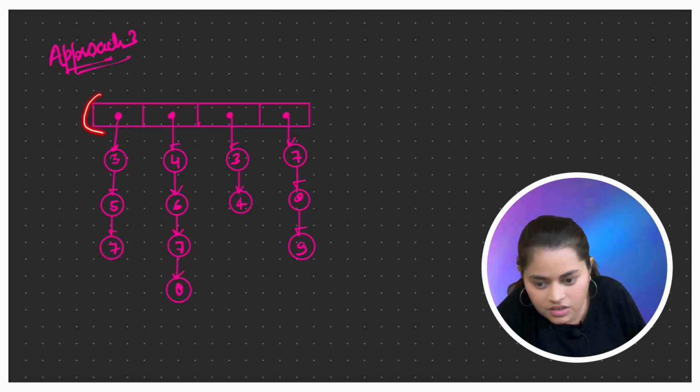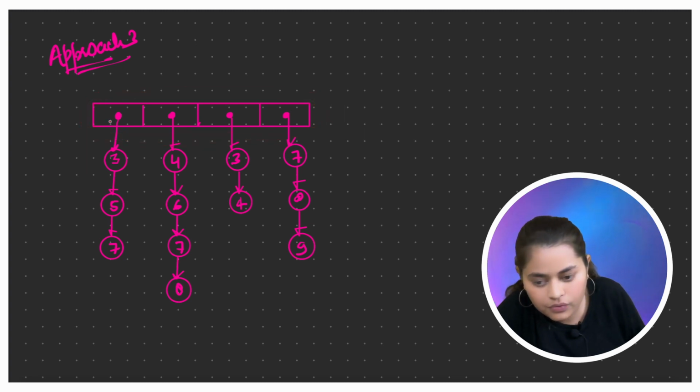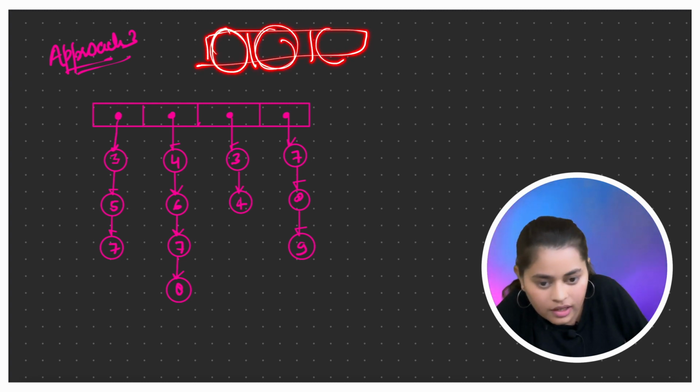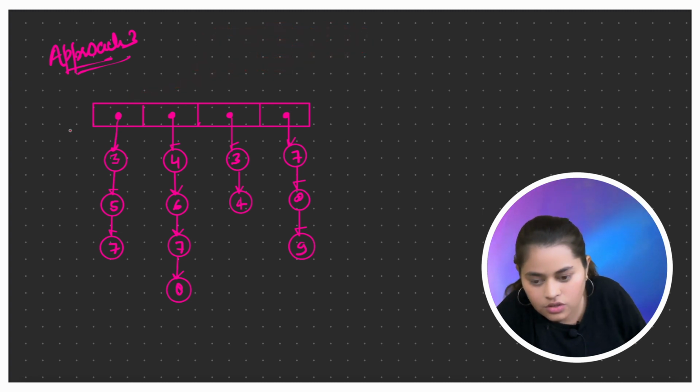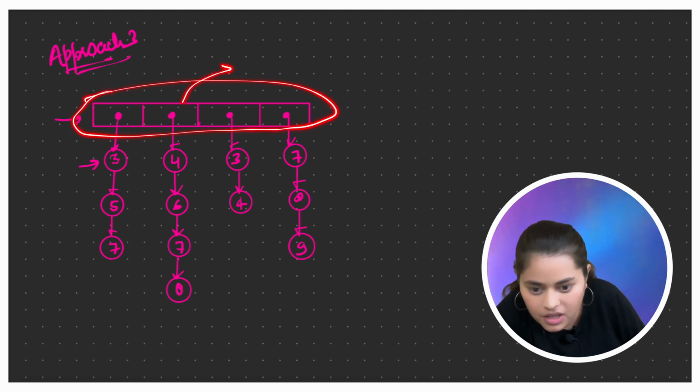Okay, so in the question we are given an array of linked lists, where in the array each index is holding the head of a linked list. This is what is given in the question. Now, we want the minimum value to be the first node of our resultant linked list. So what we can do is sort this array based on the value.